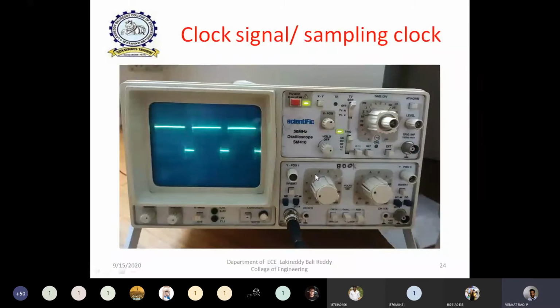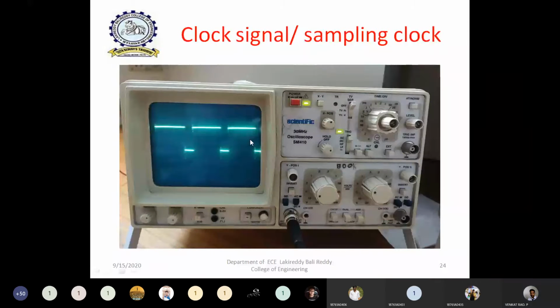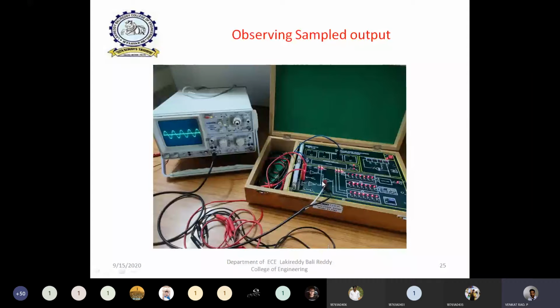Next, where the clock pulse is, we already know that at this point we have a clock pulse. If you observe at this particular point, you can also observe the clock pulse, or sampling clock. Only based on this sampling rate, or sampling time, will the sample signal be generated. Next, if you observe with the CRO probe at this particular point, you can clearly observe that after this sampling process, the sampled signal is obtained like this. On the CRO screen, a dotted line of a sine wave is obtained. Each dot represents one sample value from the input analog signal.